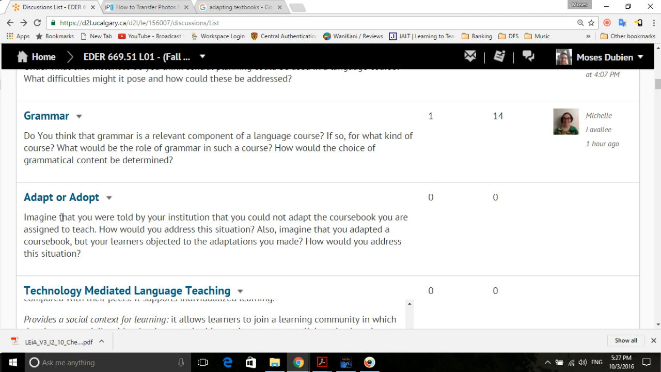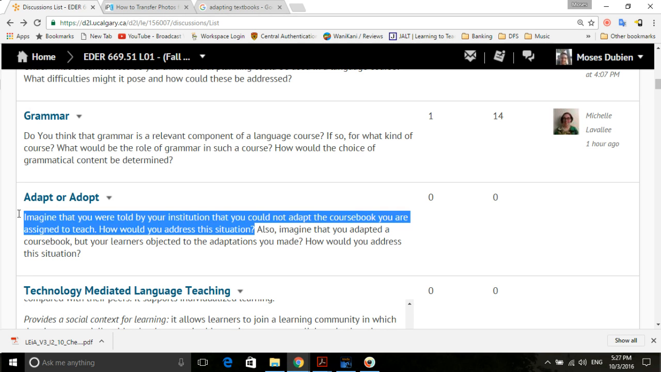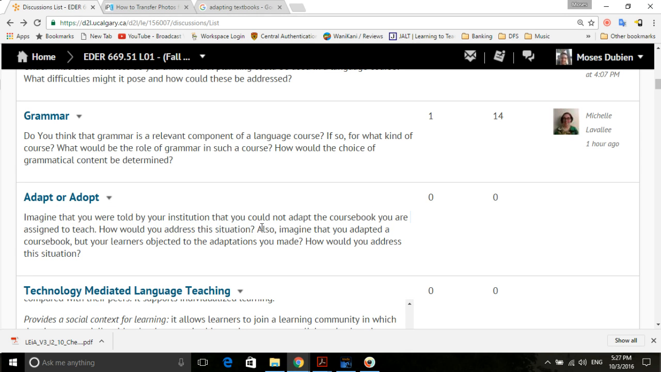So this week's discussion question is adapt or adopt. And this is the question right here we're looking at. Imagine that you were told by your institution that you cannot adapt the course book you are assigned to teach. How would you address this situation? So question number 1. So the first thing I would do is